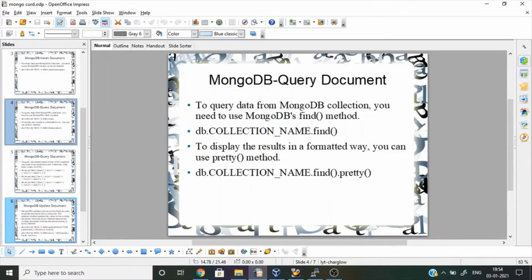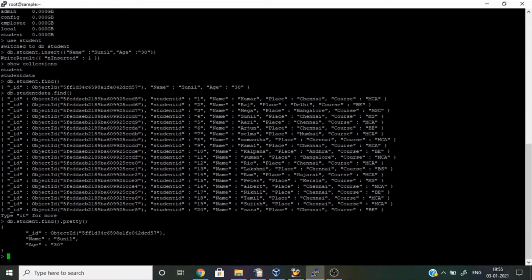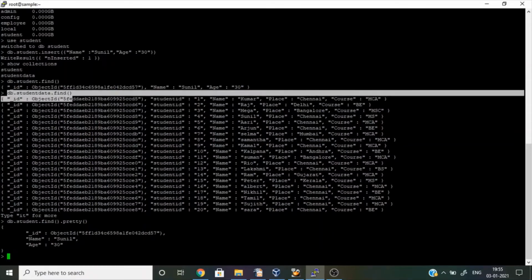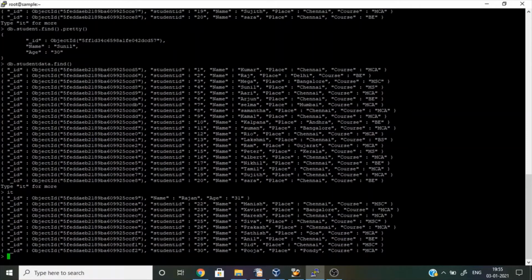Next we can see how to use filters like AND, OR and NOT statements in MongoDB. I'm going to use student data for this. These are the documents in the student data collection.